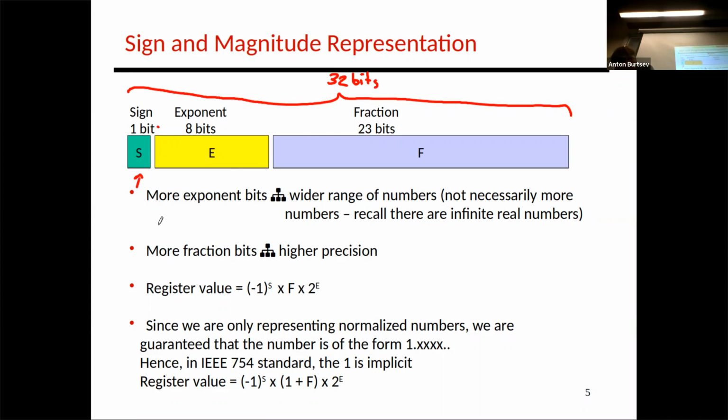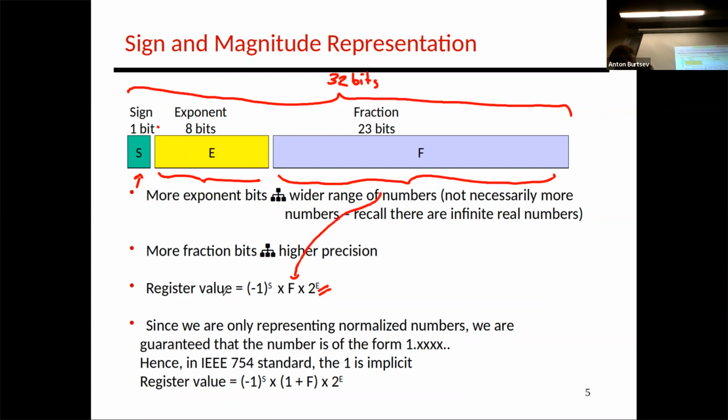The highest bit represents the sign, so the number can be positive and negative. We have an exponent, which represents this power. This is a slightly simplified notation, and I will go into the details and explain how it's actually interpreted by the machine, but at a high level, the exponent tells you the power of 2 by which you have to multiply this number. And then the fraction, which is essentially the number itself.